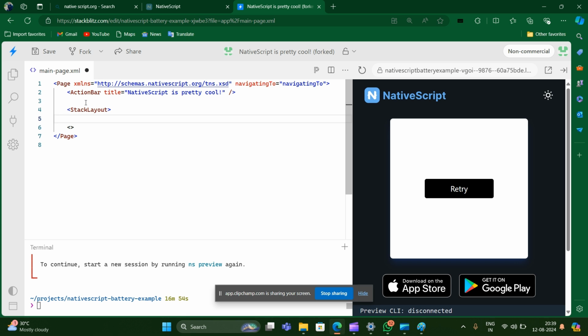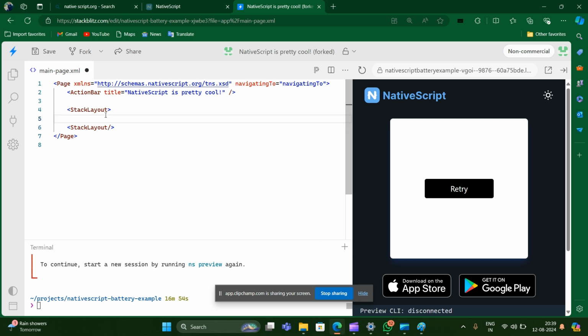It would be simple: inside the angle brackets, you write the tag name, stack layout. Whenever you are writing the ending tag, you have to write the forward slash in this way, and after the forward slash you write the name of the tag, stack layout. This is the right format of writing the stack layout.